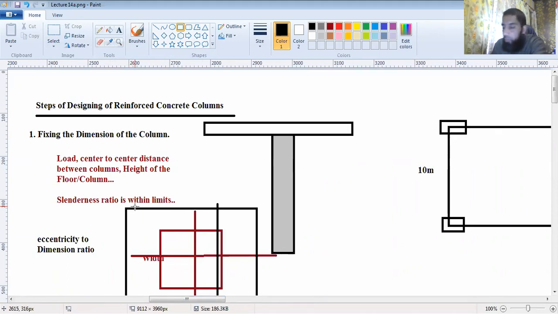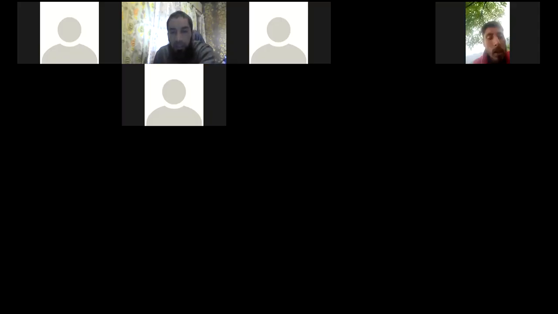Next time we would be discussing the next step, which is the reinforcement in the columns, and then we would be taking a design example to solve for the columns. Anybody who has any